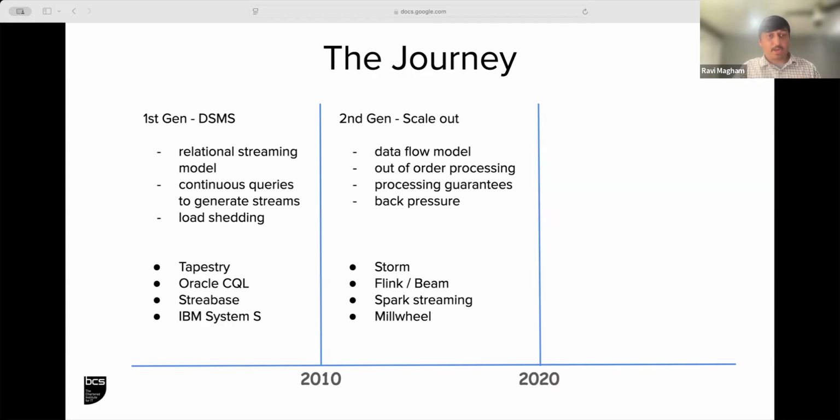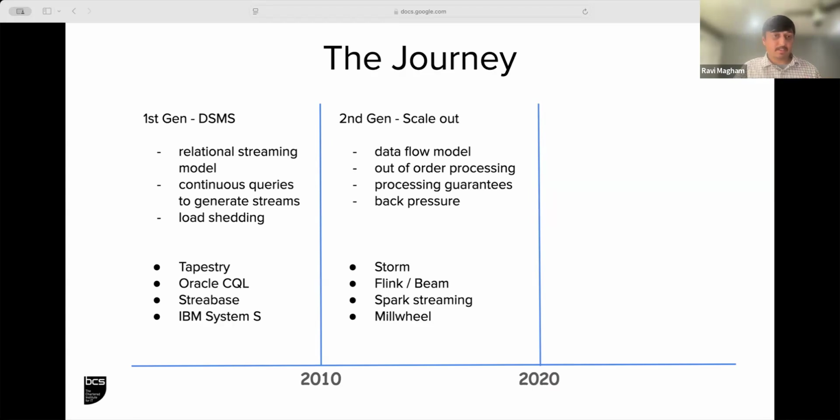There are primitives on how to handle out-of-order processing. What are the processing guarantees? Exactly once, at least once semantics. And in the first gen, a lot of systems, because they were scaled up, when you had a lot more data to consume and process, a solution that was adopted was load shedding. But now we see systems able to handle back pressure